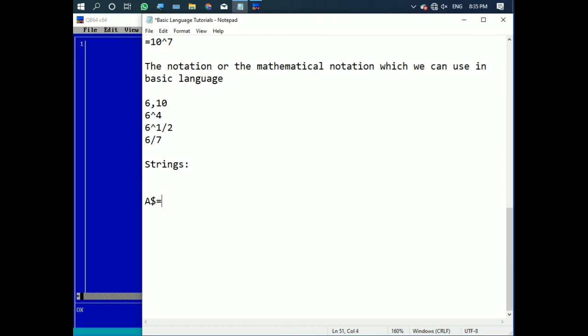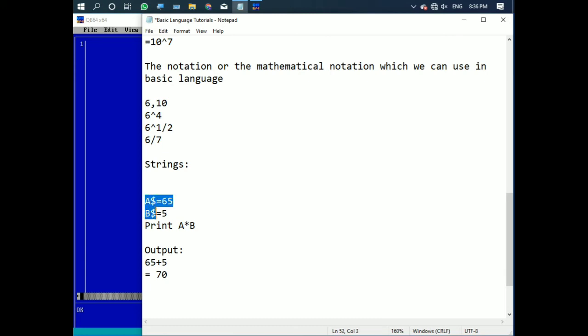If I write A$ equals 65, and then I write B$ equals 5, and then I write print A multiplied by B, then what will be the output? The output will be 65 plus 5, which equals 70, as there is the string.